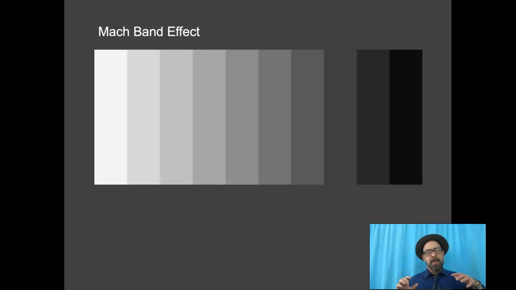Okay, so the mock band effect. This is kind of an interesting phenomenon. If you look at this scale of values, if you look, say, at the left-hand side of each one of these bands, it's going to appear to be darker than the right side of the band. This is essentially